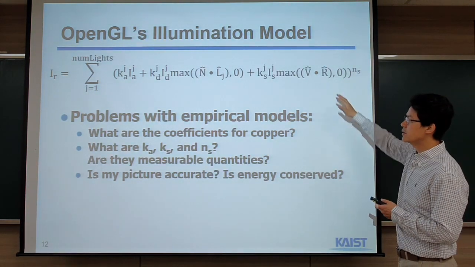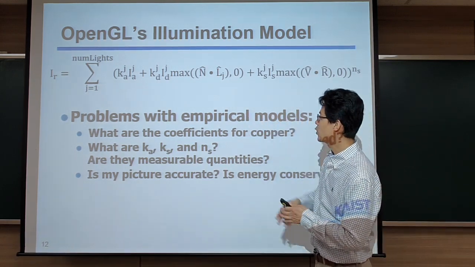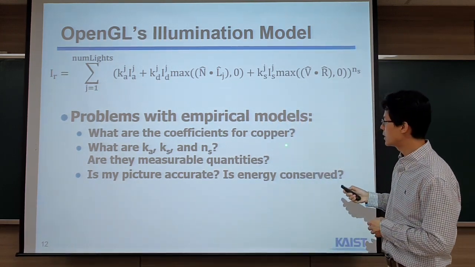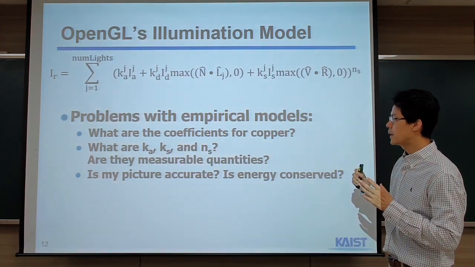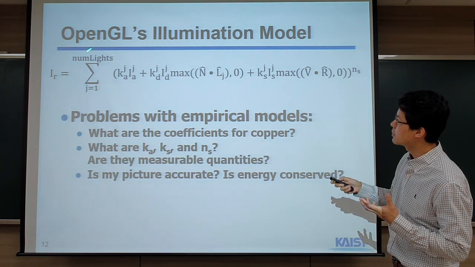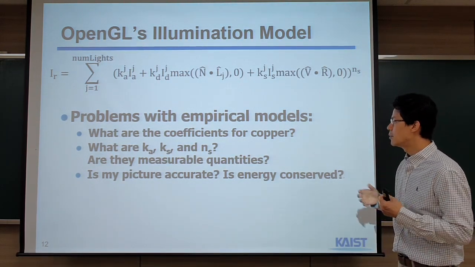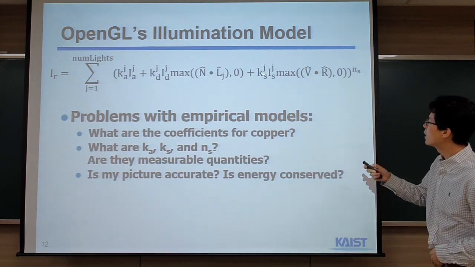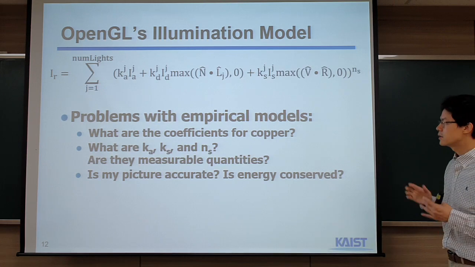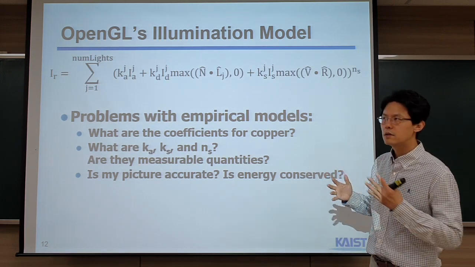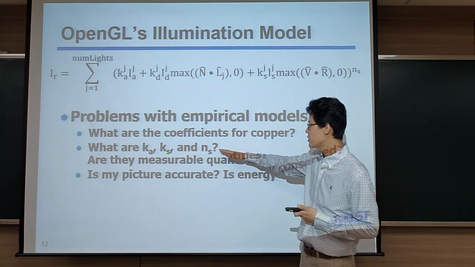But this is an empirical model, so there are a lot of issues. What are the coefficients for copper, for example? For a particular material, we want to compute these values, right? What are the Ka, Kd, Ks? And for the non-ideal reflection case, what is this Ns? But there is no systematic way of measuring these coefficients,